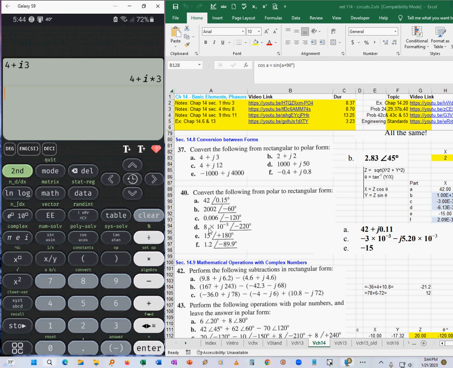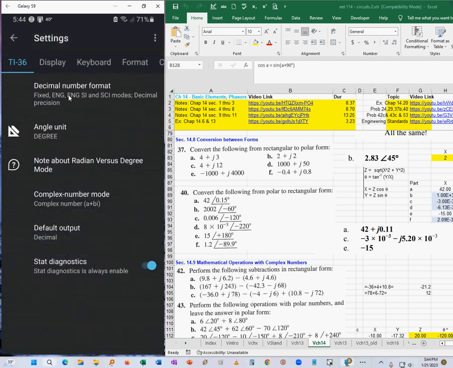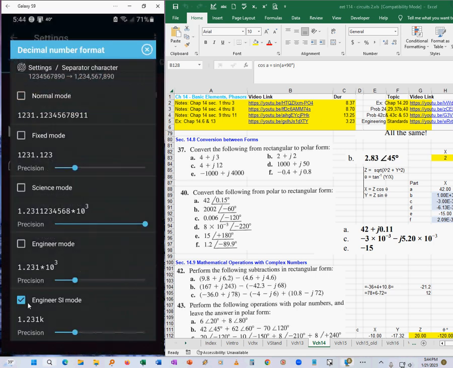So to do another one, we're going to do minus 1,000. And notice I used the negative button here, not the minus button. I don't think it matters, but that's the one I always use when I want to make a negative number by itself. Plus I 4,000. And notice that I have it in engineering mode. You could change it back to regular mode, but right now it's set to engineering SI mode, but you could put it in fixed mode and it goes back to